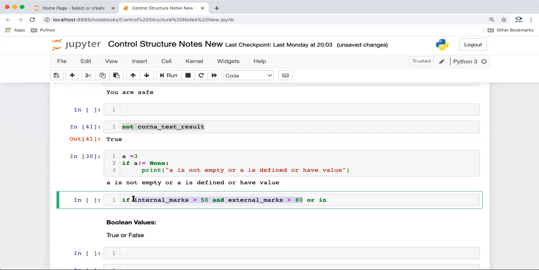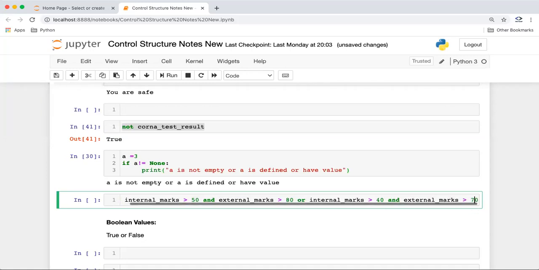So guys, if the meeting ends up, you just connect with the same URL. Right? And or if internal marks is, so we are saying if the student has greater than 18 internal marks, we can give him grade A. Or if the student has secured say 14 internal marks and greater than 17 external marks, then also we can give a grade A. So there are two conditions which you want to be true.